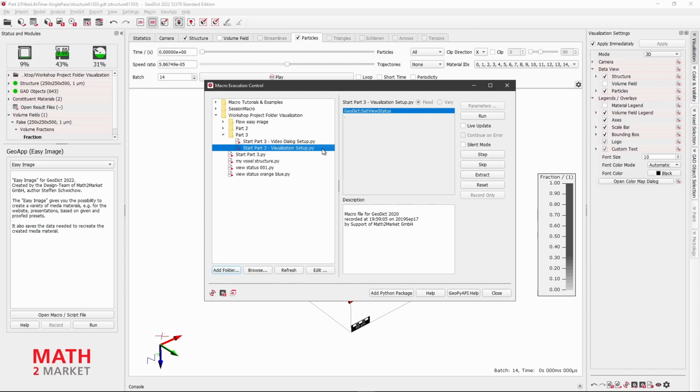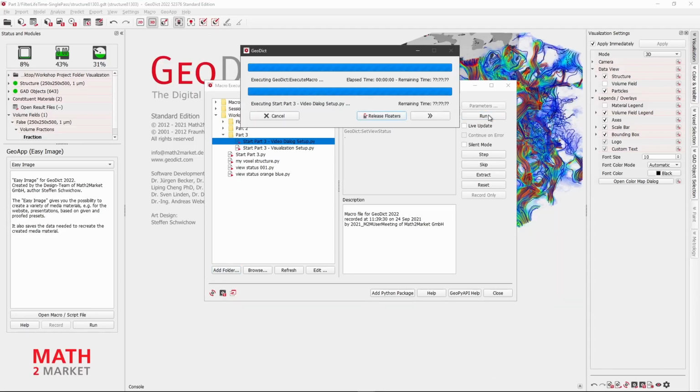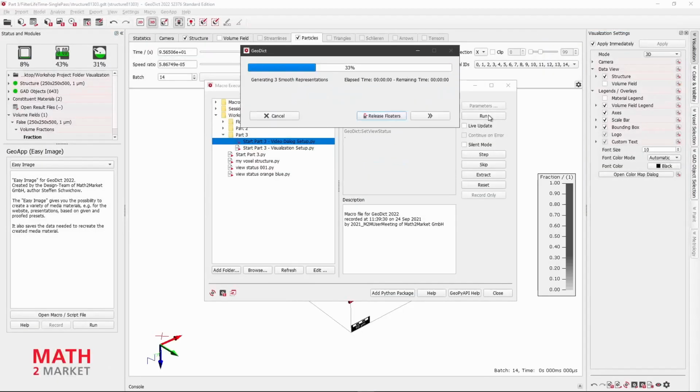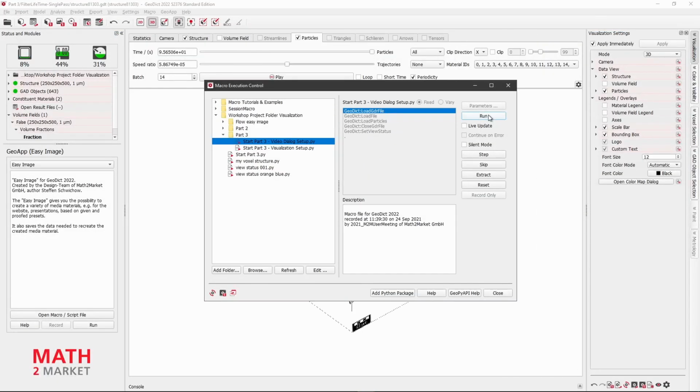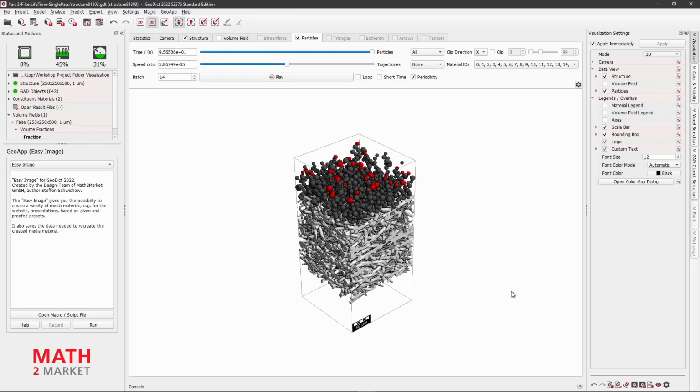All those who have not created the video and still need to load the data, select the file Start Part 3 Video Dialog Setup. We click Run and wait briefly until the script should have run through for everyone. We should now have the data loaded and these visualization settings to go with it.